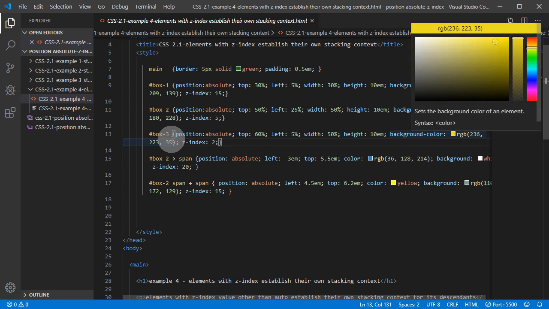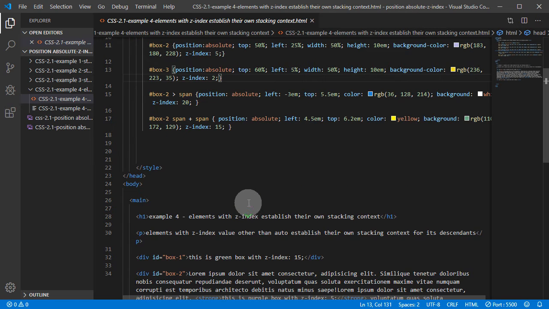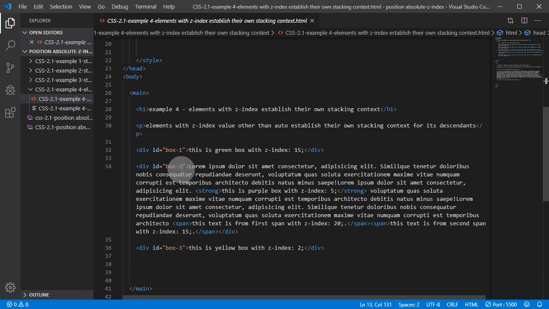Also, what's happening here is because this example targets box 2, in terms of showing what's happening with the descendants. Box 2, as you see, I have 2 rules. Box 2, first of all, let's go to box 2. It has 2 spans. I put 2 spans, span 1, span 2,